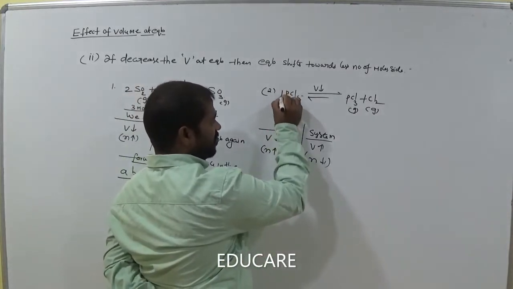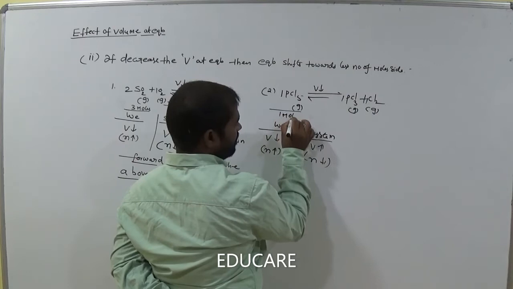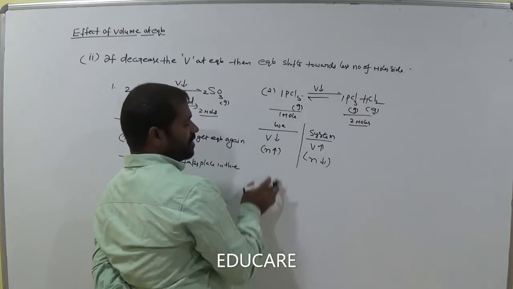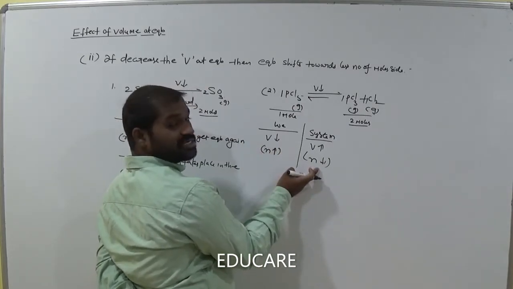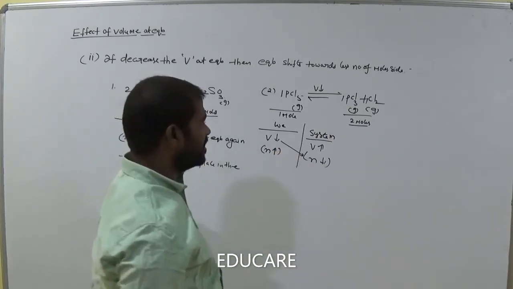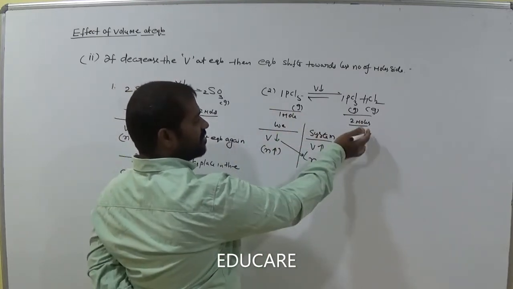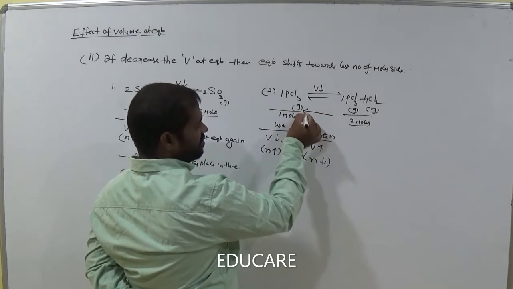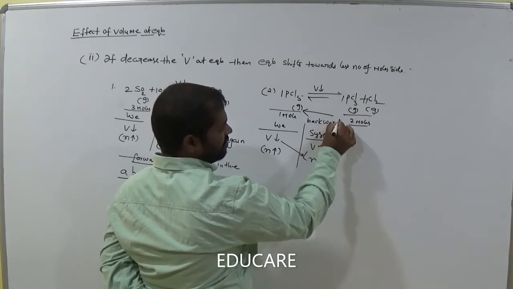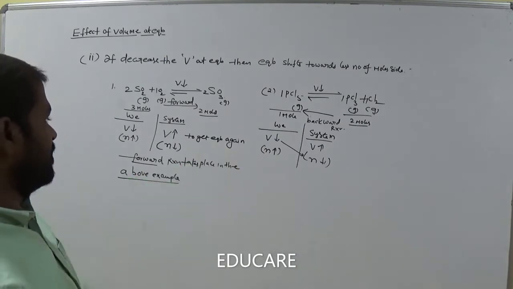So now here we have 1 mole. Here we have 1 plus 1, 2 moles. So when volume decreases, the reaction moves towards the less number of moles side. Where are less number of moles in the above equation? In the left hand direction. So from more number of moles to less number of moles, that means which direction? Backward. The backward reaction takes place in the above example. Okay.